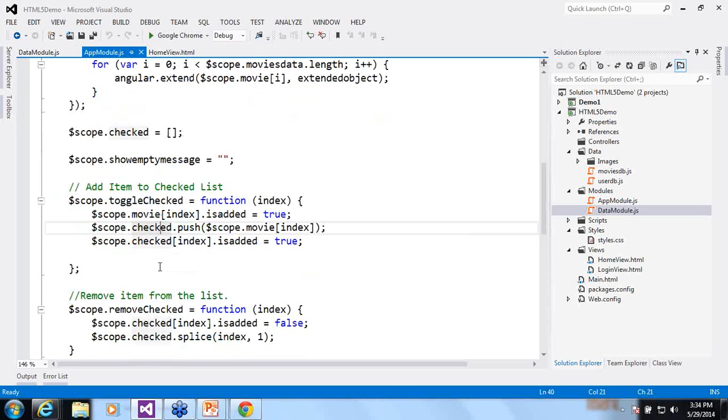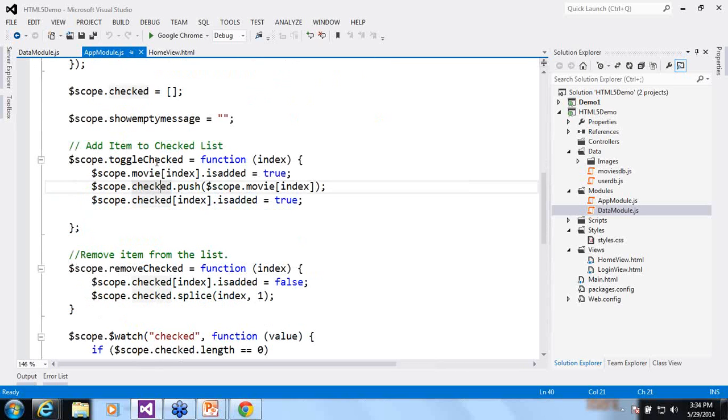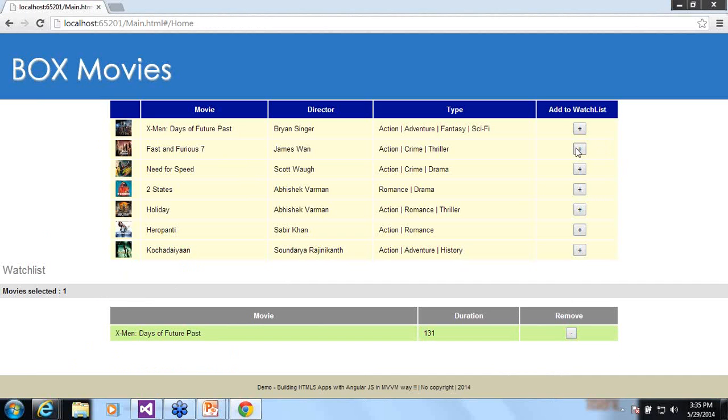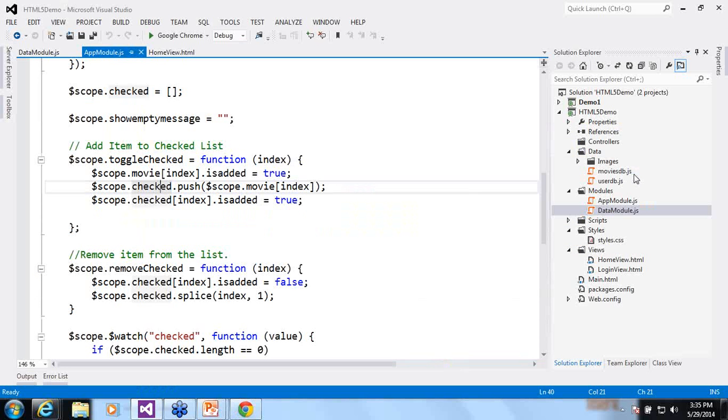Then I need some function to, if you see this functionality, wherein I click on the plus button and a movie gets added. I click on another plus button, another movie gets added. This functionality is the toggle checked functionality. So what does it do? Every object in the array has got an index.